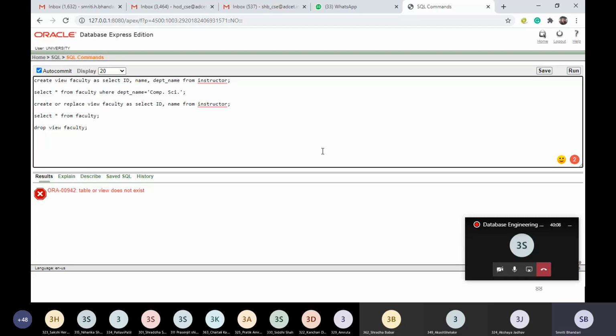Any guesses? I still have that view definition in my database based on that particular relation. So what will happen to the view? Whether it will work or whether it will not work.